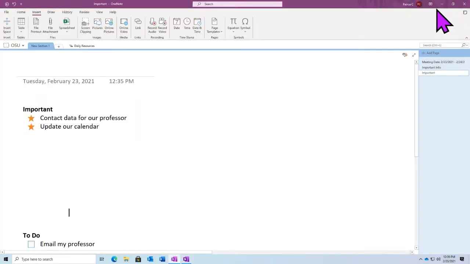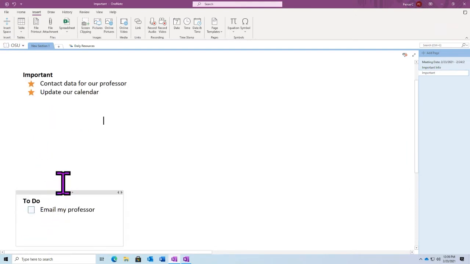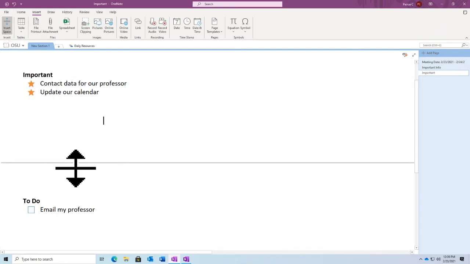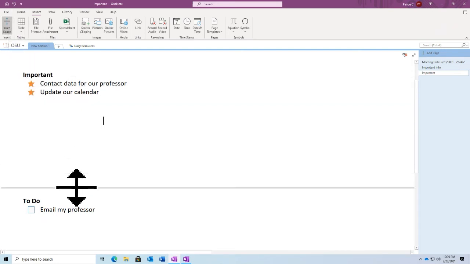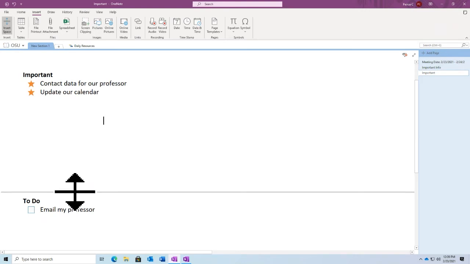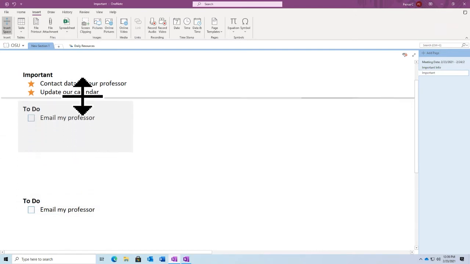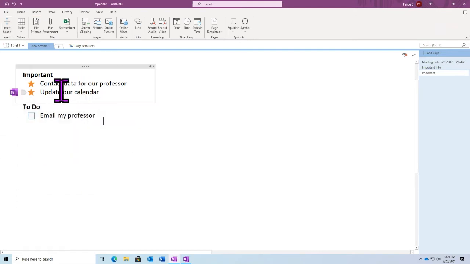I saw a couple of questions come through in our Q&A, so I wanted to address that a little bit. In our insert tab here, we can use the insert space option to create space in between content that we've already added, and make it really easy to also remove space to keep things more organized. So if I had added an image here, or maybe I just had a lot of extra space that I didn't need, I can drag in whatever direction the arrows are pointing. So I could drag this up and it will automatically stop before it overlaps with content above. So we can have perfectly aligned content and we don't really have to worry about putting in that extra formatting work.